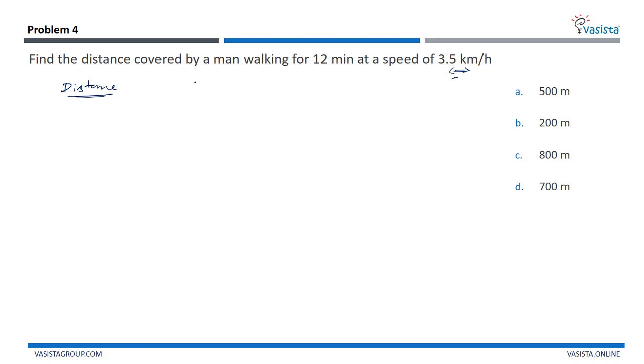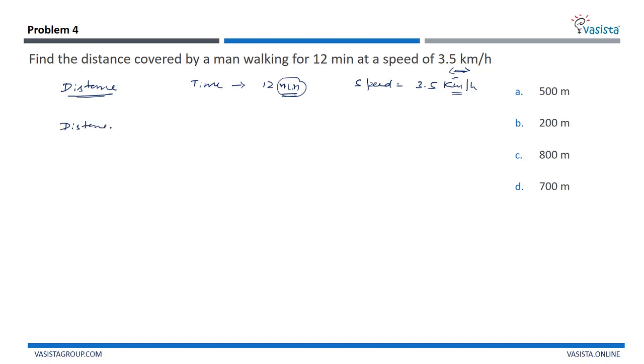They have given a time, they have given 12 minutes, that is a very important thing. In terms of minutes they have given, and the second one is speed, they have given speed is equal to 3.5 km per hour. Right, we know